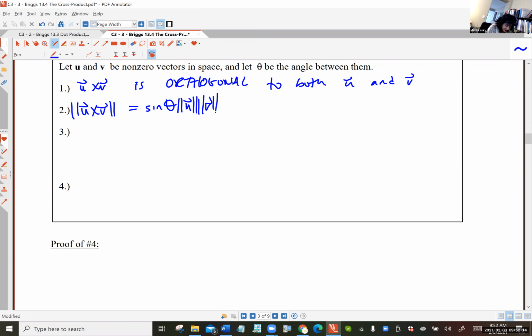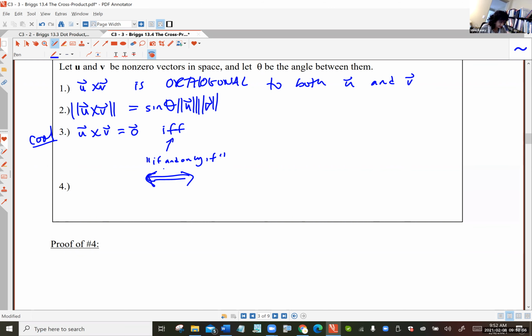And then number 3 says, and this is cool, I would keep this one under your hat. U cross V is equal to the 0 vector if and only if. Do you guys know that IFF stands for if and only if? Yes. It's a very special statement. It means it's what we call in math a double header. In fact, sometimes you'll see a double-headed arrow instead of the words if and only if. That means you can read the sentence forwards and backwards and it's still true. That's different from an if-then statement. An if-then, you could only read it in a forwards direction and it's true. If and only if is awesome because you can read it in both directions and it still